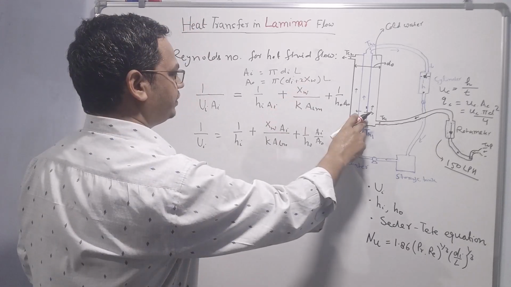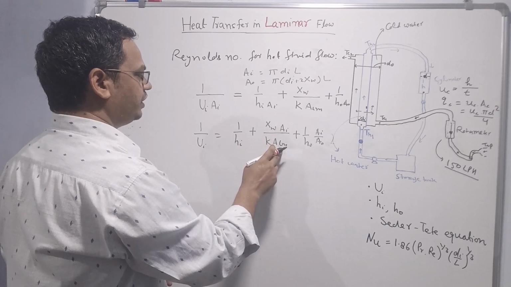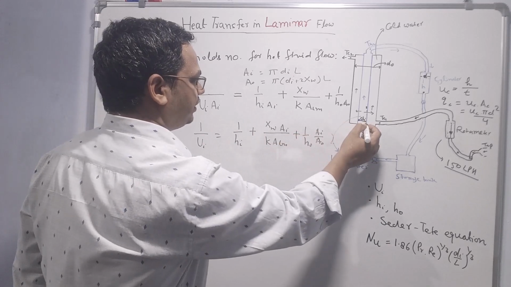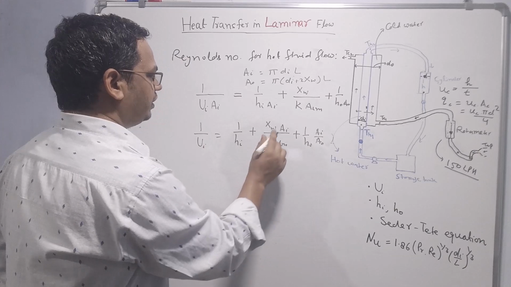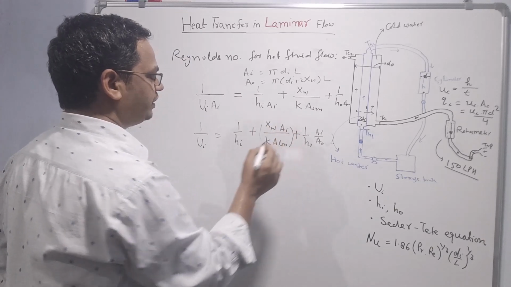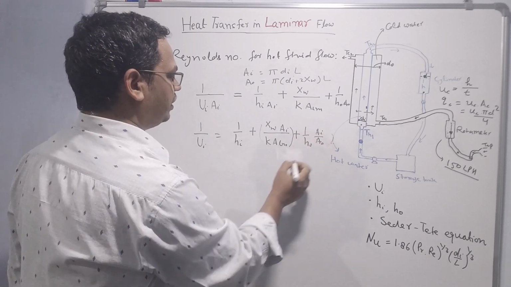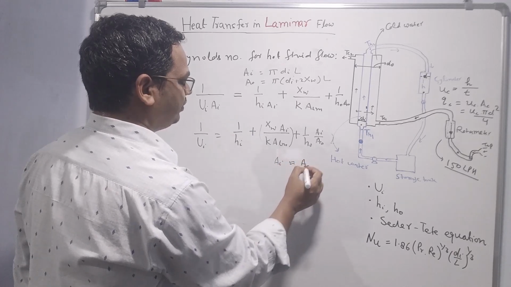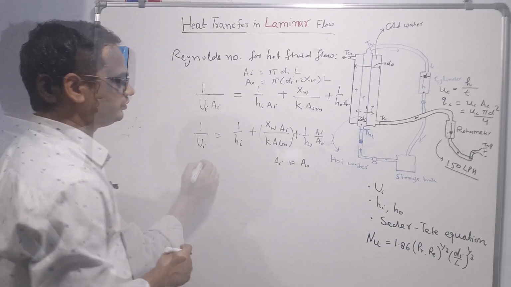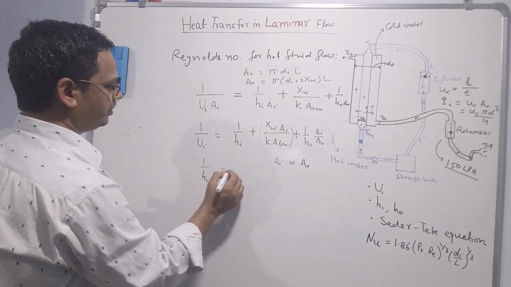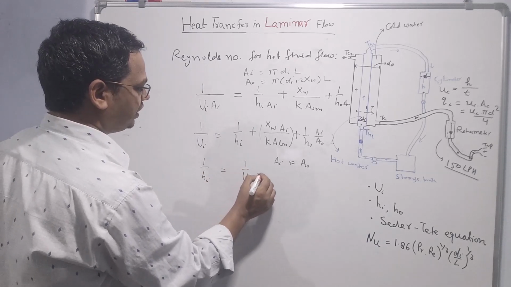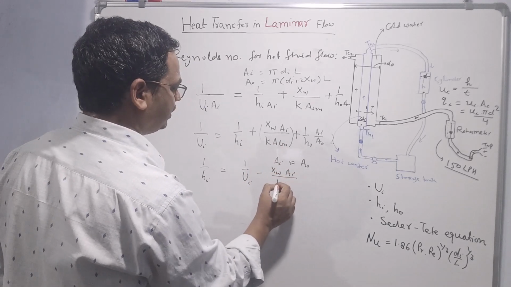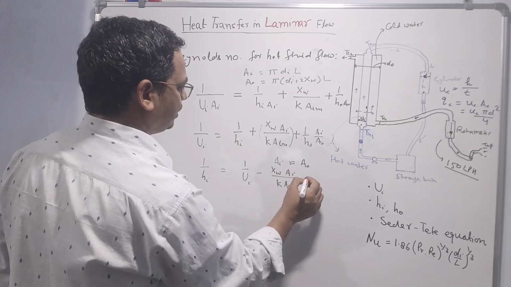Here diameter and thickness both are fixed. Therefore A_i and A_lm both will be constant and also x_w will be constant. At the same time here temperature difference across the wall is not very much, therefore this will not change much. So overall this one will be almost constant, conductive resistance will be constant. Now coming to this one, the inner area of the inner pipe can be equated to the outer area of the inner pipe if thickness is very small. We can take this one: 1 by h_i is equal to 1 by U_i minus x_w A_i by k A_lm minus